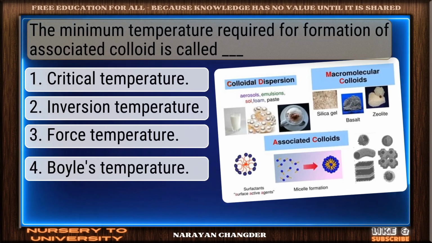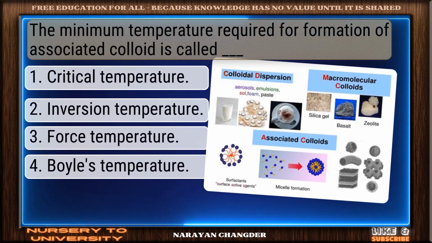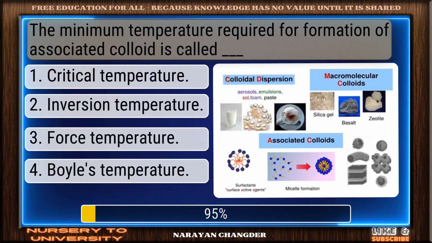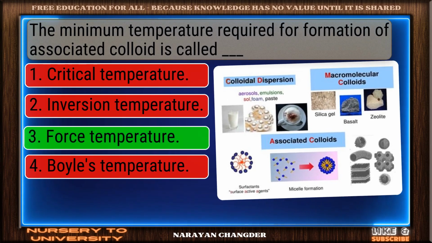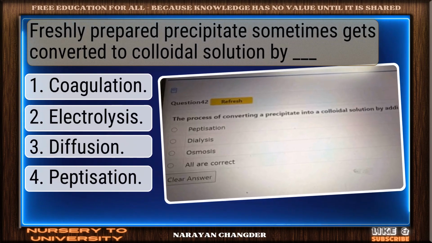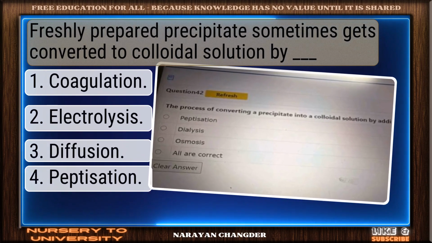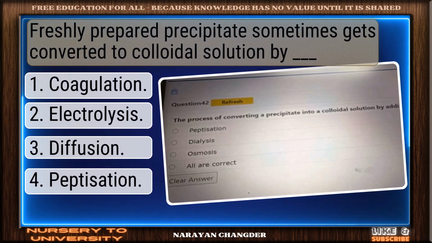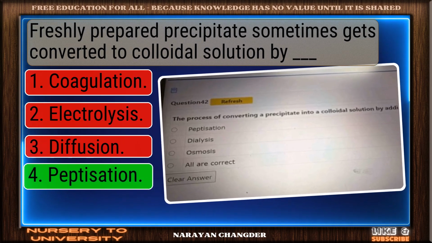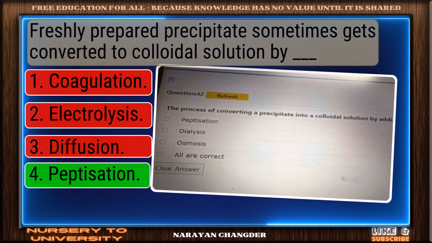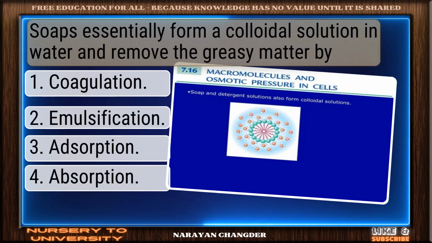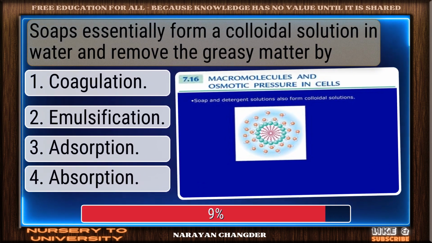The minimum temperature required for formation of associated colloid is called dash. Strong choice. Kraft temperature is the right answer. Freshly prepared precipitate sometimes gets converted to colloidal solution by dash. Perfect. Peptization is the correct choice. Soaps essentially form a colloidal solution in water and remove the greasy matter by...